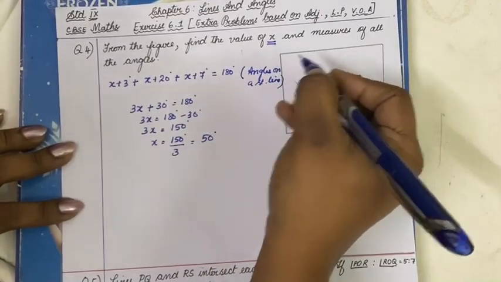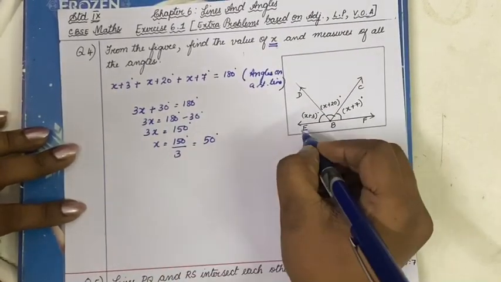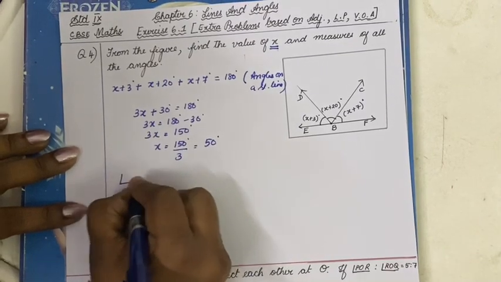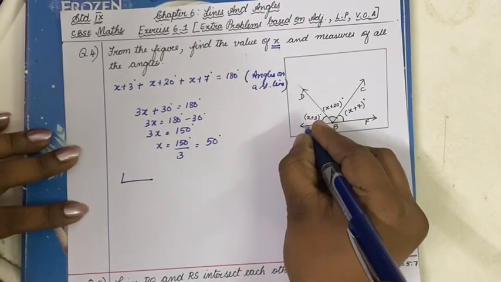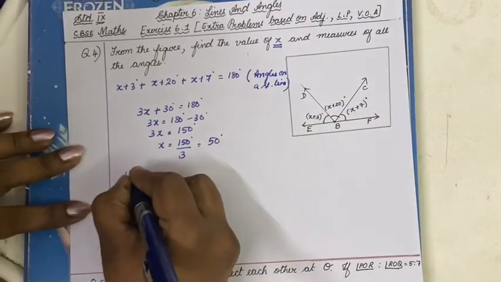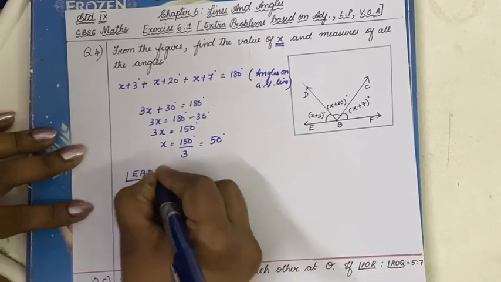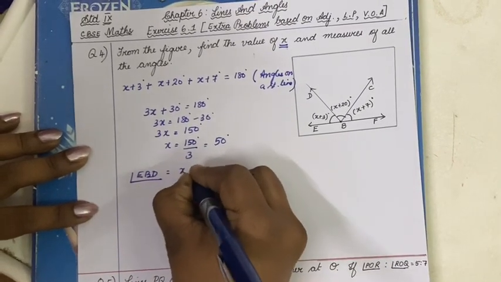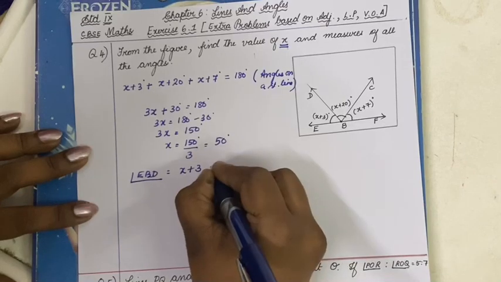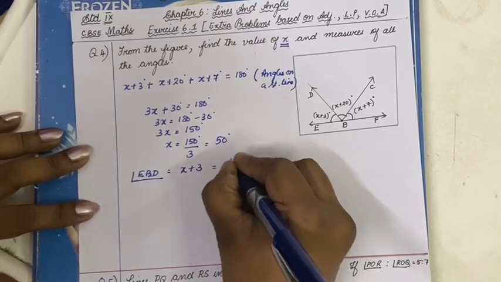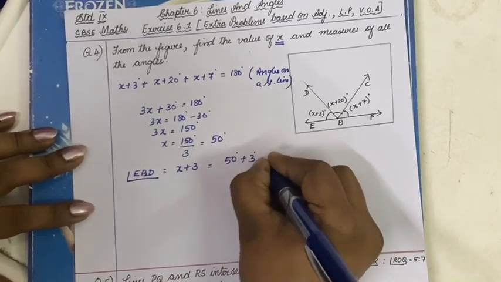And the measures of all the angles. So the question is still not finished. We have to find all the measures. So how are we going to write? Shall we write it like, we are going to find angle EBD. EBD is equal to x plus 3 degree, which is equal to x is 50 degree plus 3 degree, which is equal to